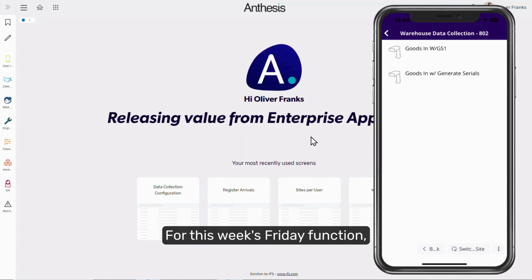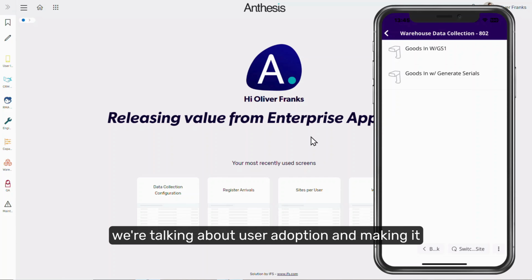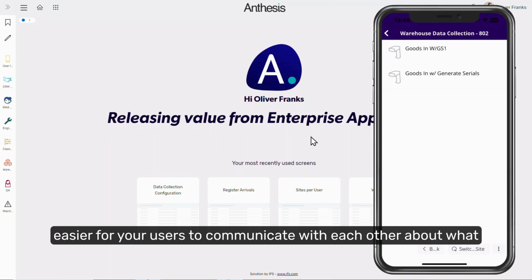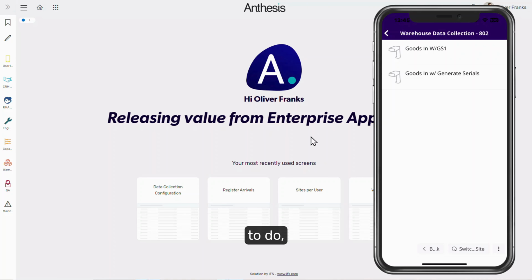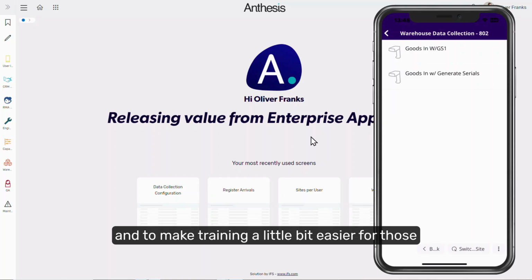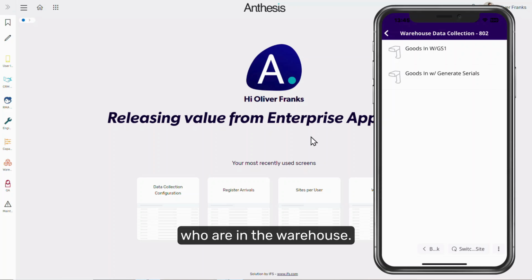For this week's Friday function, we're talking about user adoption and making it easier for your users to communicate with each other about what to do and to make training a little bit easier for those who are in the warehouse. In relation specifically to warehouse data collection, or IFS WADACO, which is the IFS handheld solution for barcoding and